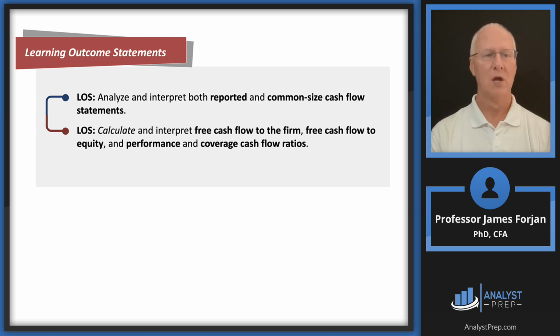So that takes us through those 2 LOSs. Lots of stuff in here, but notice that it adds tremendous value to what we did in part 1. I'm guessing that some of you have gone to the end of that learning module and have already completed those 4 questions, and I'm hoping you got all 4 of them right. At least you should have gotten 3 out of 4. And remember, if you can do 3 out of 4 on every set of 4 questions, there's no way that you're not going to pass this level 1